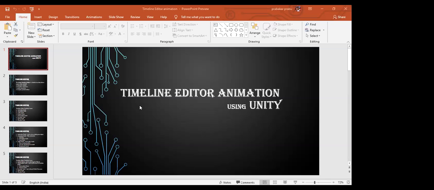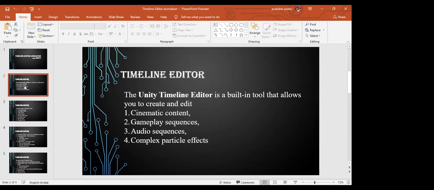Today we learn about a new topic, the timeline editor. First, let's think about what the use of timeline editor is and why we go for it. A few use cases: if you work with games, your cutscenes. Did you play Xbox and some PC games?